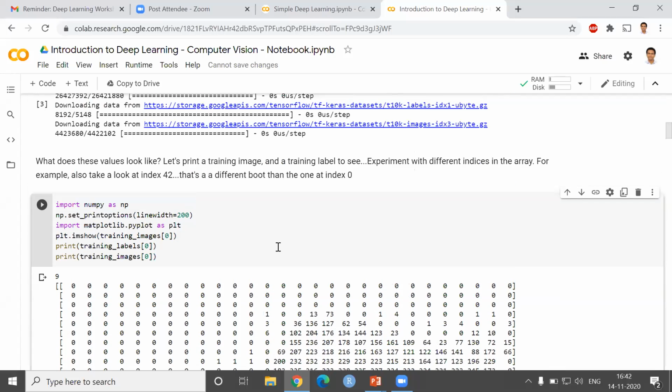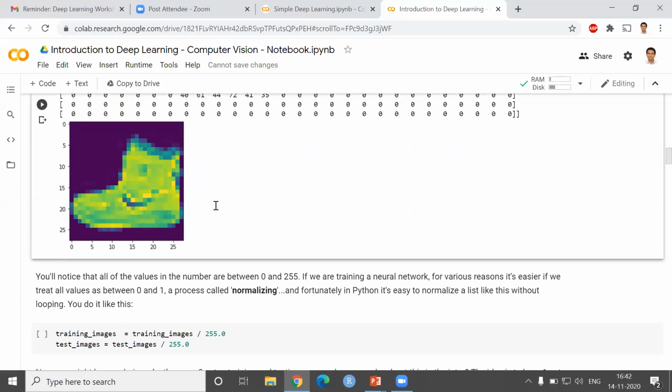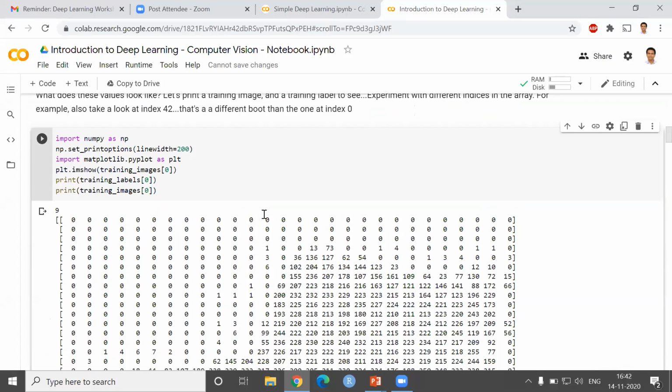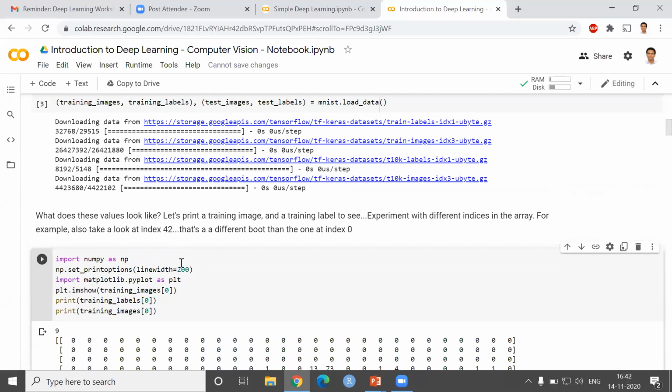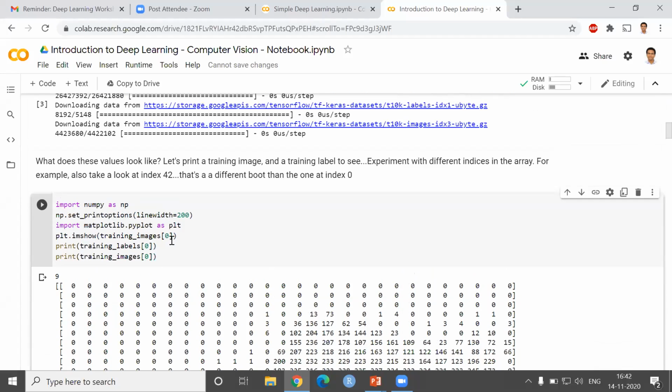And if you were looking at the labels earlier, you know that at 0, this is a shoe. We were just trying to understand what is in this data. If you want to look at something else, you can just simply change this. So let's see what is there at location 100.